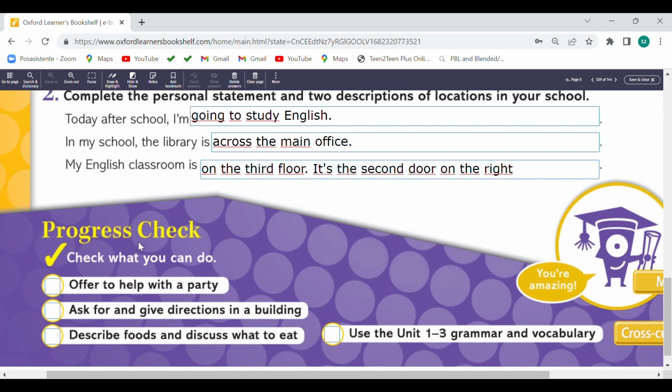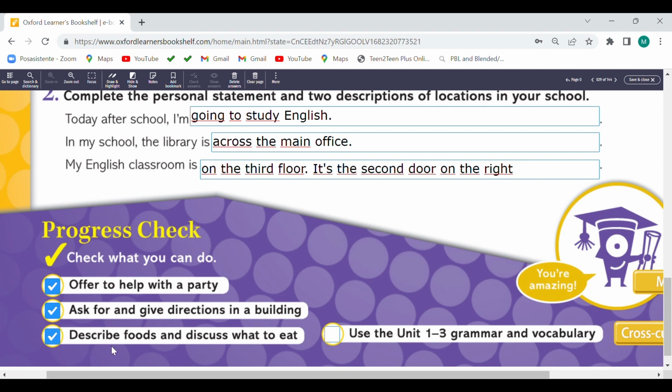And progress check, what you can do. Offer to help with a party, ¿sí? Ofrecernos para ayudar en una fiesta. Ask for and give directions in a building, pues preguntar y dar instrucciones en un edificio. Describe food and discuss what to eat.